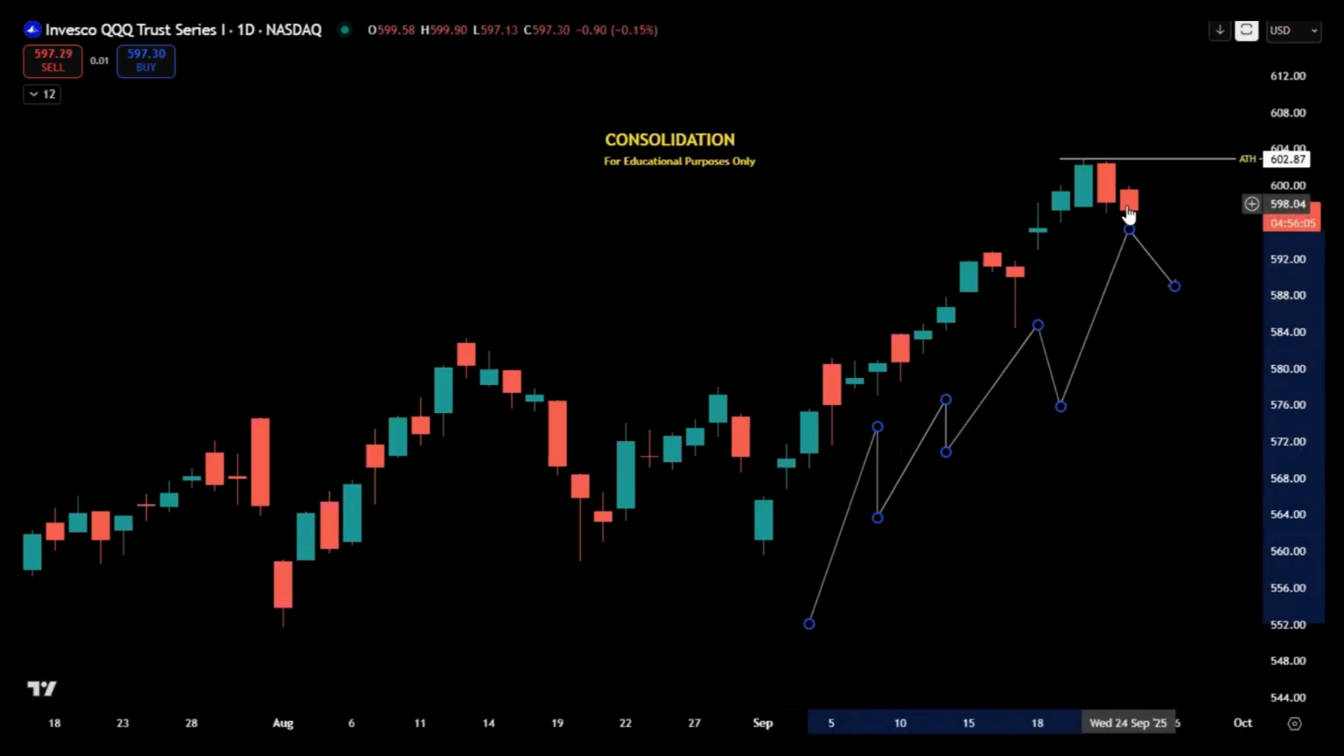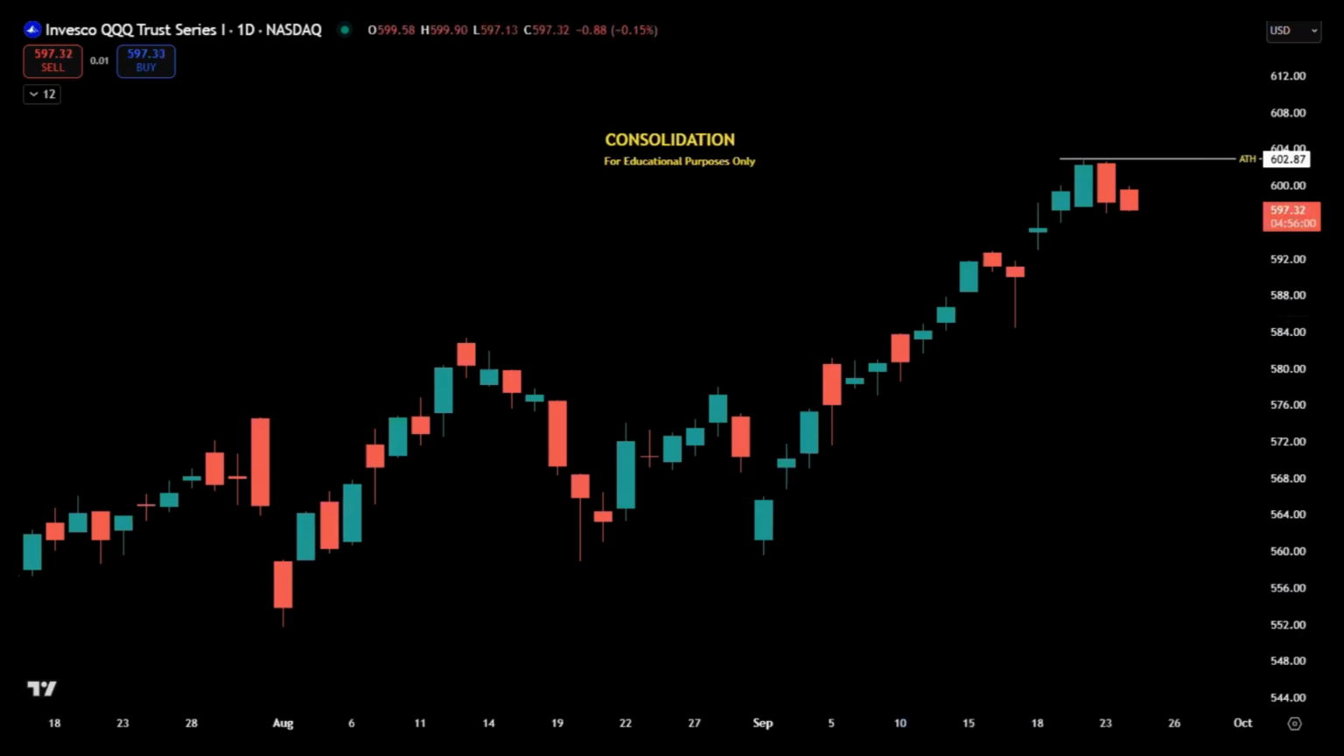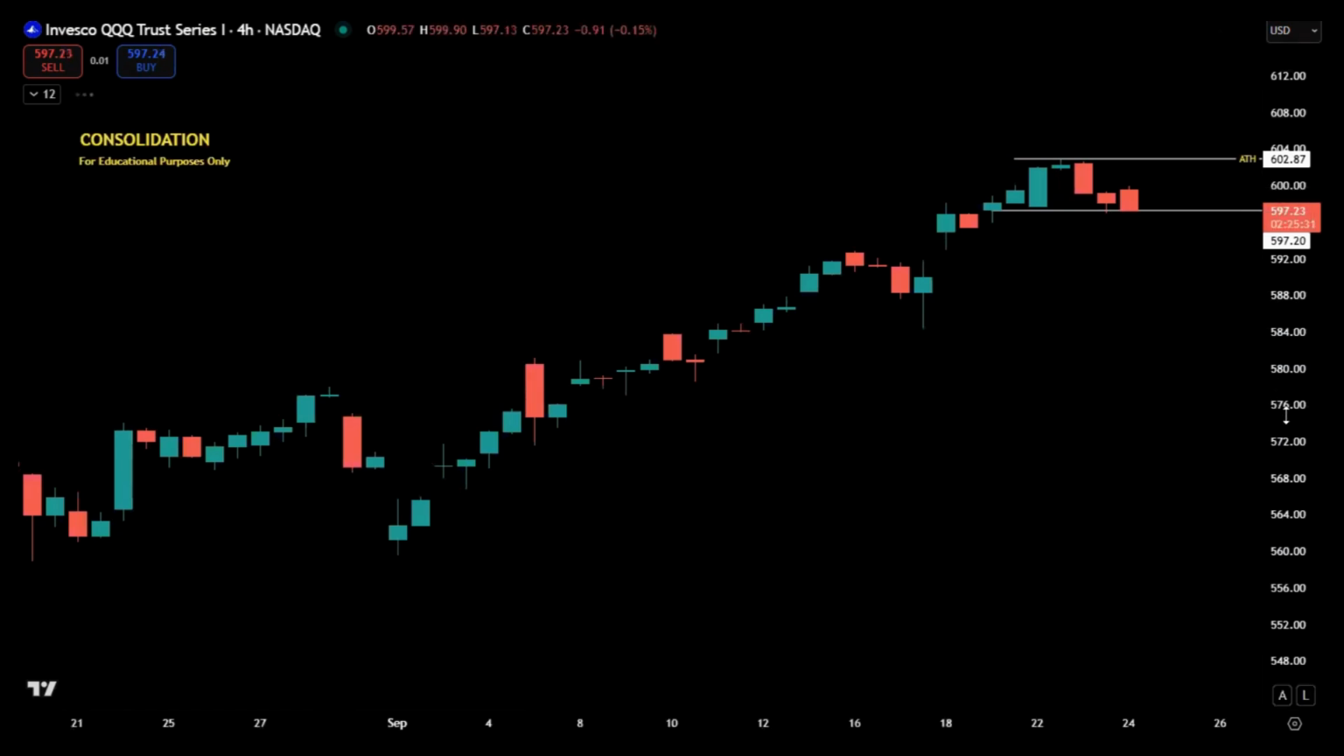But at a certain point, we get to what's called this consolidation area that we have kind of right here. I have my all-time high at 602.87, and then I have this low at 597. So this is roughly about a $5 range that we're dealing with. I'm on the daily and I'm not going to have extended hours on, but I want to drop down so I can look at what this looks like. So I go to the 4 hour,